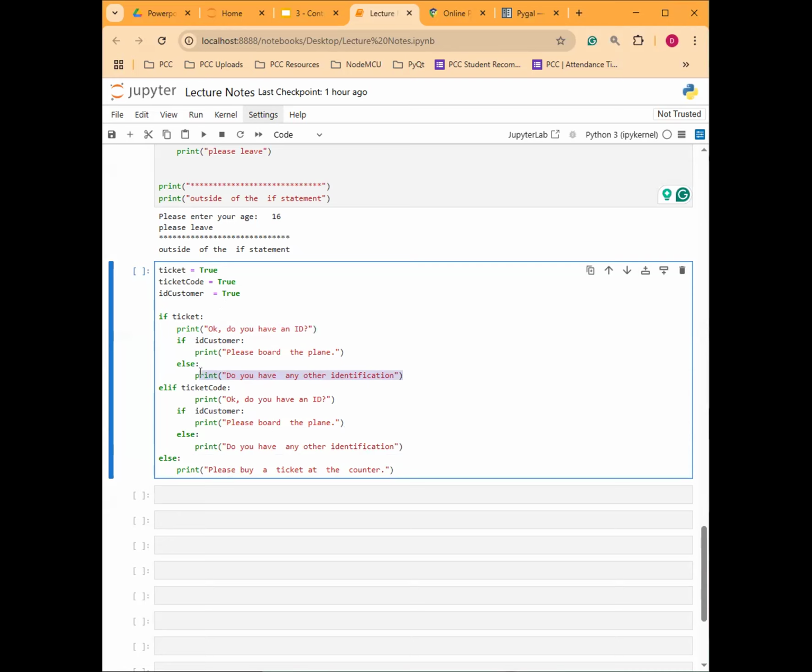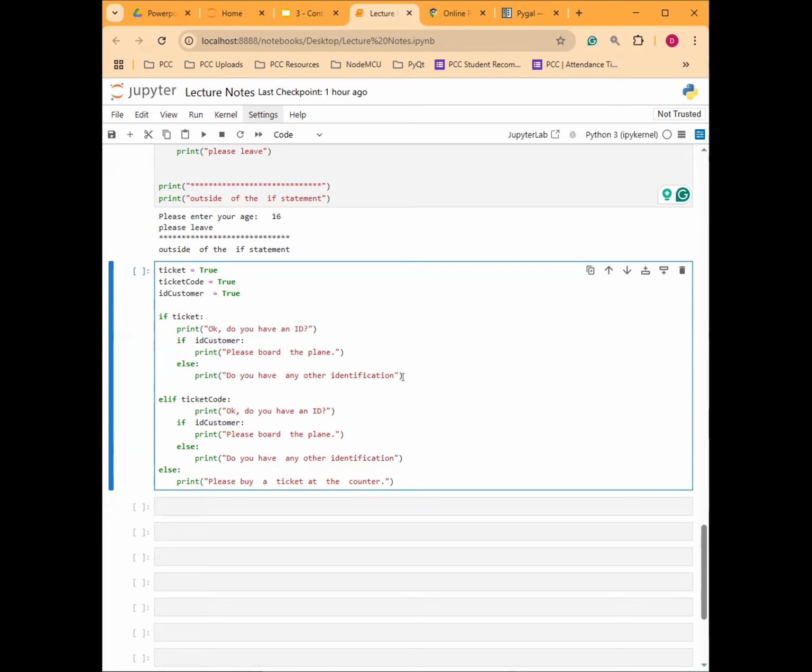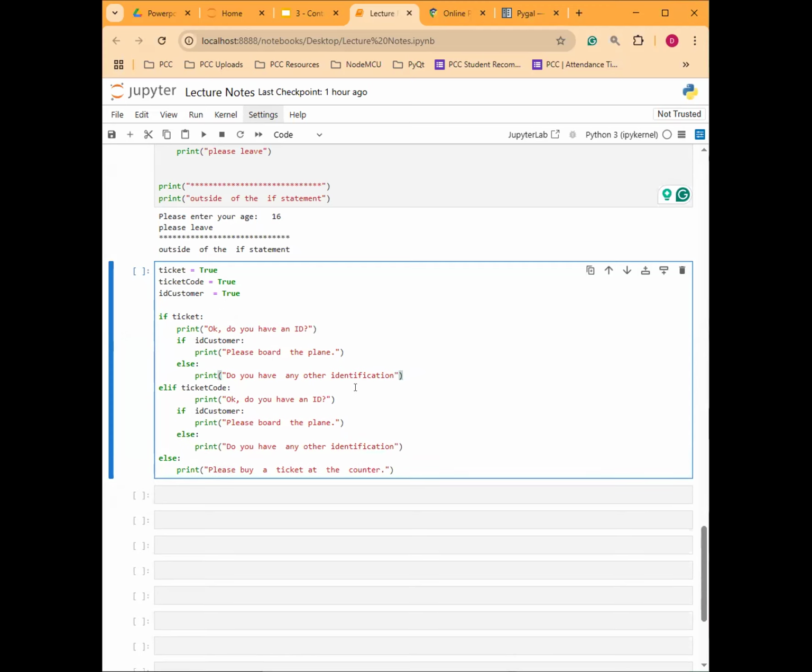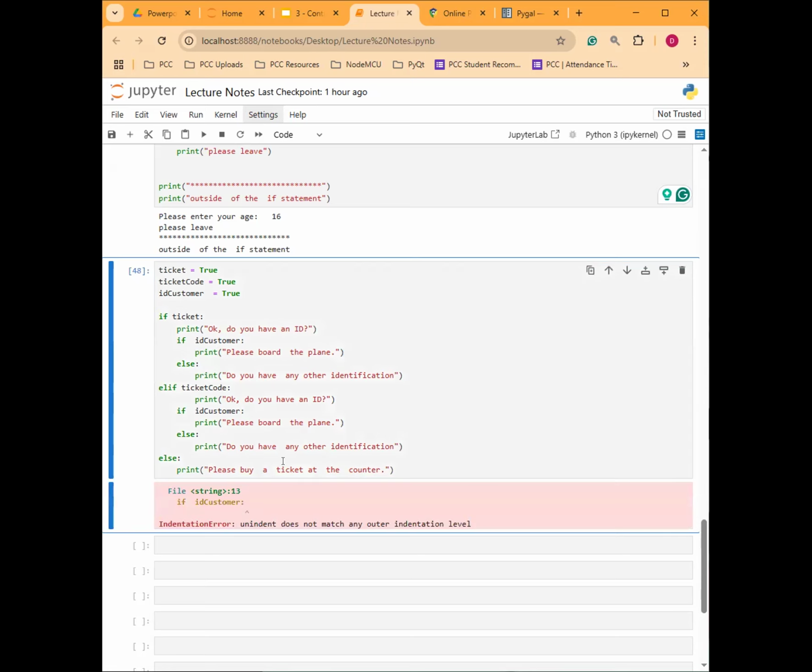Now I could have added more if else statements underneath this one, but we're missing the point. You can do that in your own free time, but I'm just giving an example of how to do it. Okay, so if we run this code, ID customer,